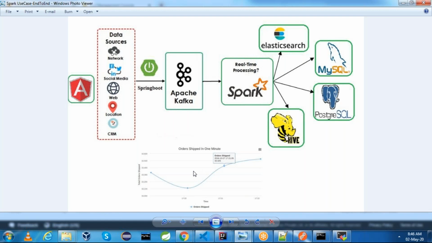This dashboard has information of how many products are getting purchased, shipped, and delivered every minute. You can see some sample graph here where we can see how many orders were shipped in 1 minute or how many orders were purchased or delivered. Some dashboard we need to build. How do we build a real-time dashboard with Spark streaming? This is the problem statement, right? Let us discuss how Spark streaming helps in building pipeline for real-time analytics dashboard.